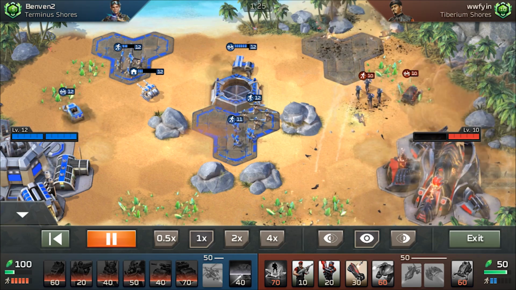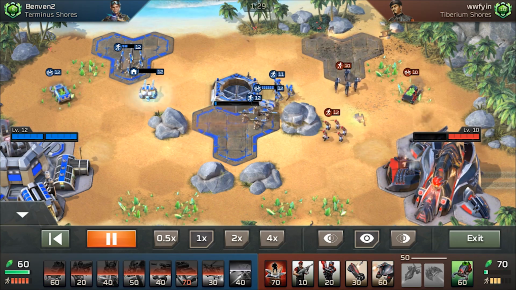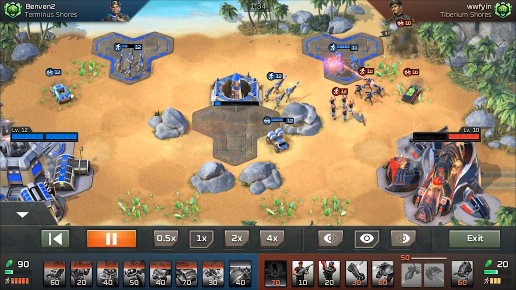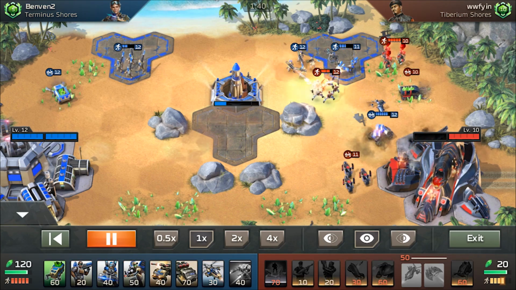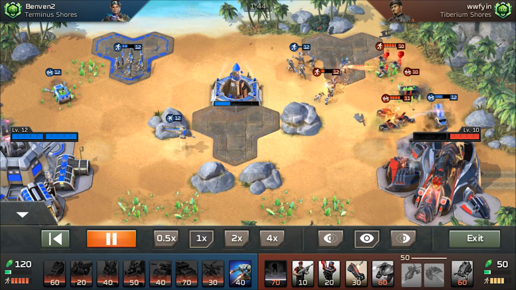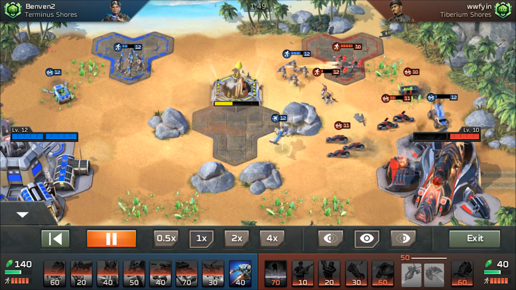And you see that he's actually now significantly behind in economy. He has got massively low units on the field, and honestly, it is very, very difficult for him to catch up at this point. I really don't see a way to come back once you've spent 5 or 6 bike squads and you still don't get the missile. And so you'll see that Benven actually never has to use the MLRS in this game,